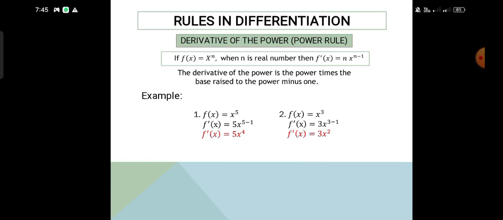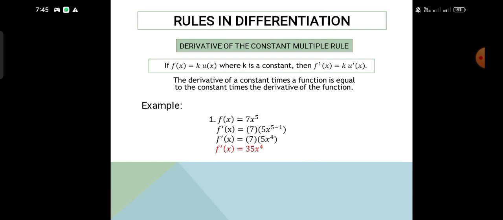Another example, number 2: we have f of x is equal to x raised to the power of 3. What we have to do is to move forward the power, which is 3. Then we subtract 1 from the exponent. Therefore the answer is 3x squared. So the derivative of x cubed is just equal to 3x squared. Next we have the derivative